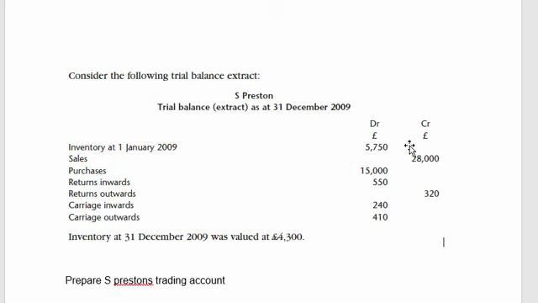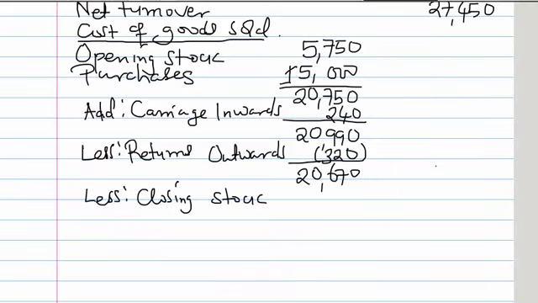So in a case where you have a very long trial balance, here it's short, but if you have a lot of transactions, a lot of things going on in the company, and you have a long trial balance, you might find that you spend a lot of time looking for the closing inventory figure. It will always be below the trial balance, outside the trial balance. So here we're told that the closing inventory at 31st December is 4,300. So we pick it up and put it there,